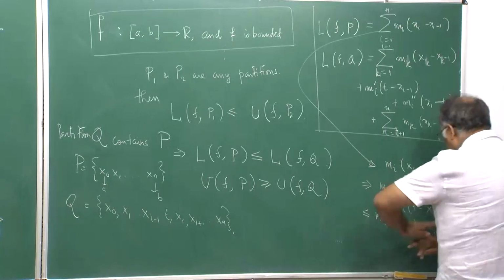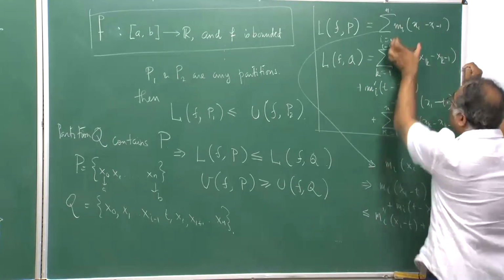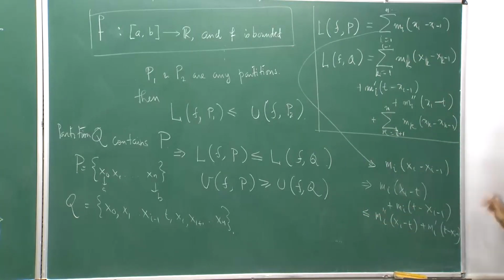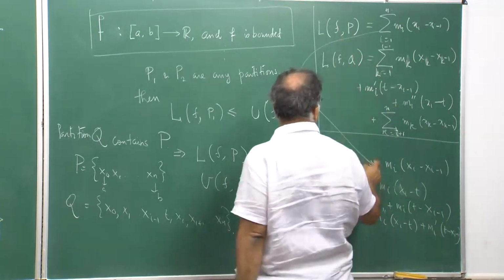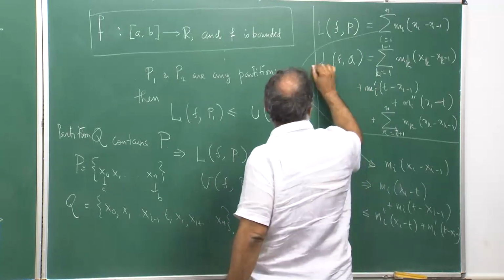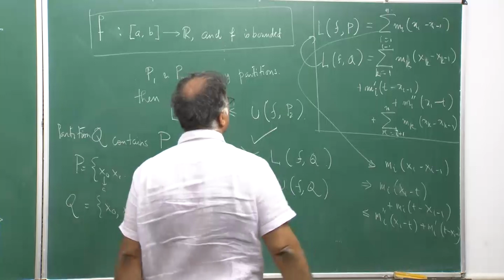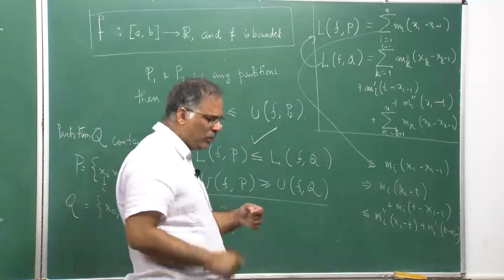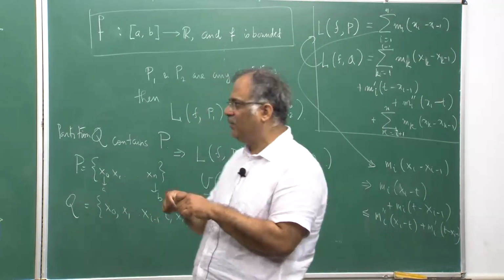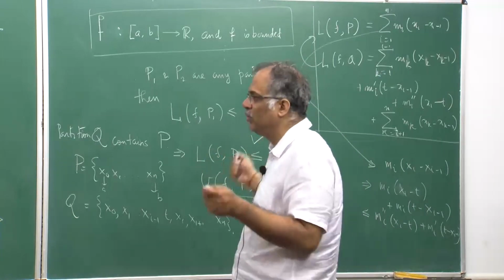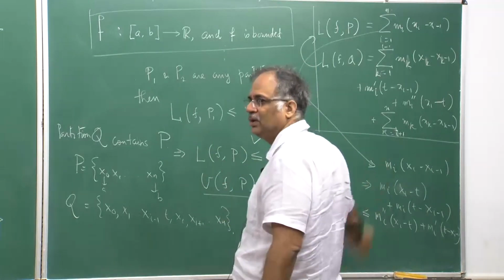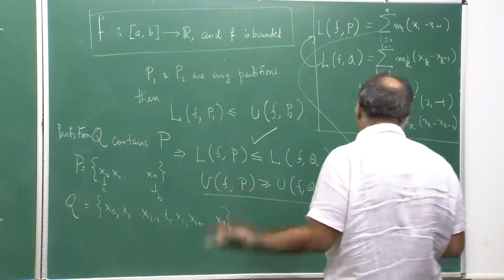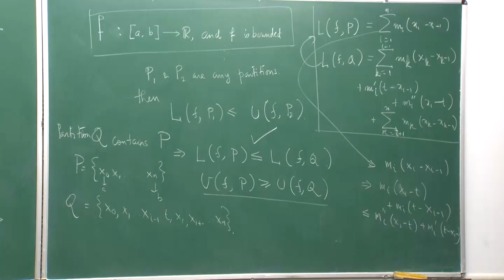So what is happening? This term here is bigger than the ith term here and the remaining everything remains the same. So immediately you will see that this term is bigger than this term. So this immediately holds. I would leave the rest of the part for you to prove. Suppose I have for P to Q I need to add say 20 points. Just keep on adding 1 point and keep on writing down the results, and finally you will reach P. I am not doing it in detail because time constraints are also there in this course. So, once you get that,